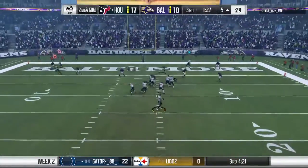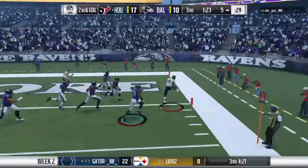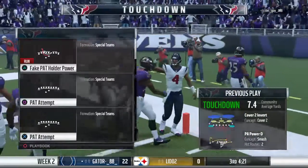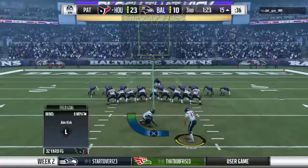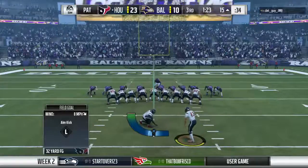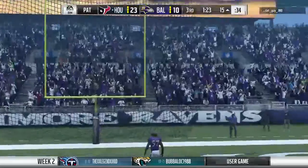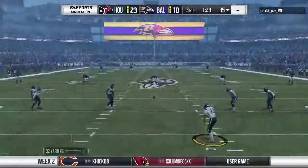On second down, here's Watson. Flushed out right. And this results in 6. Touchdown. Deshaun Watson, his 3rd touchdown of the season, all coming in this game. And the Texans will extend their lead. A good, sustained drive there in this 3rd quarter, capping it off with a touchdown to give them a nice